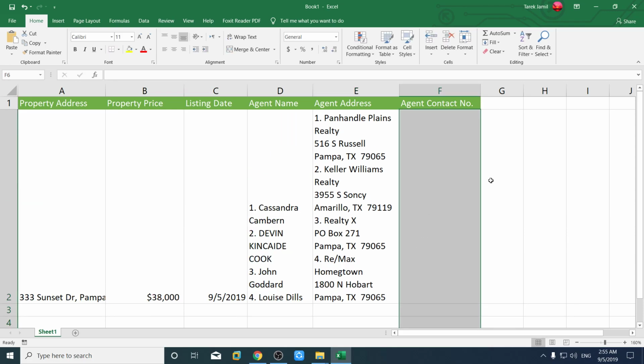Now we'll find the agent contact number. I'm writing the number in advance. Press alt enter number 2, press alt enter number 3, 4. Okay,